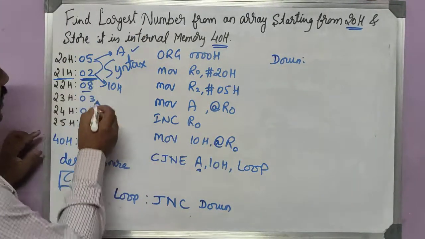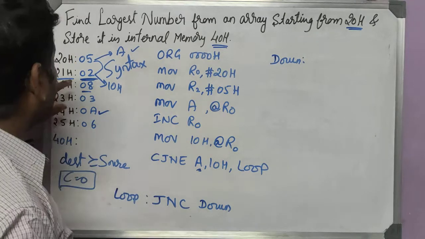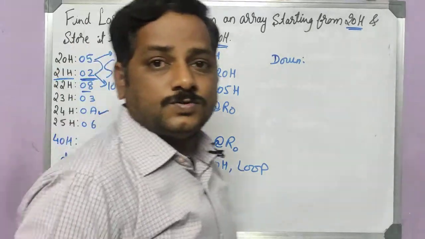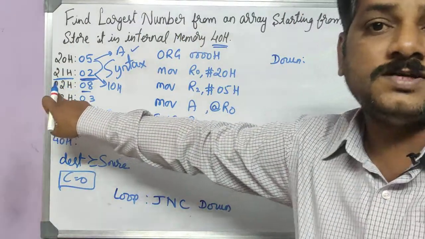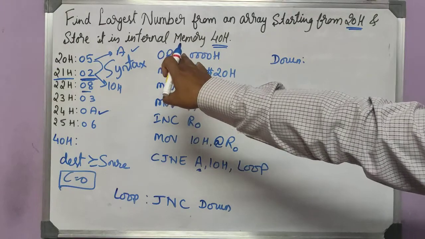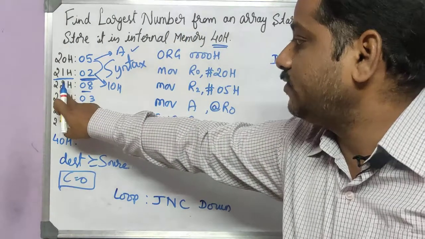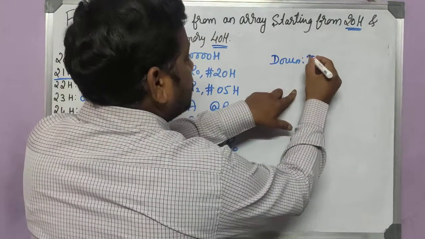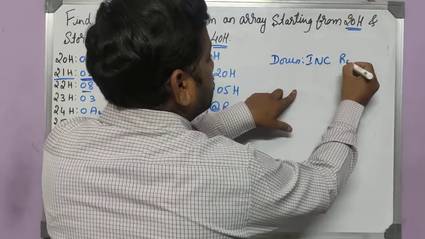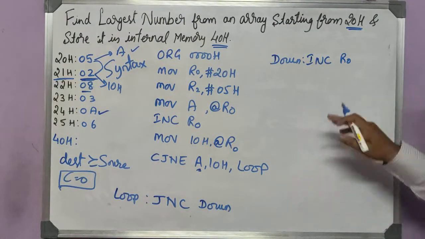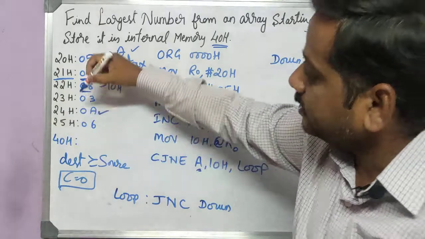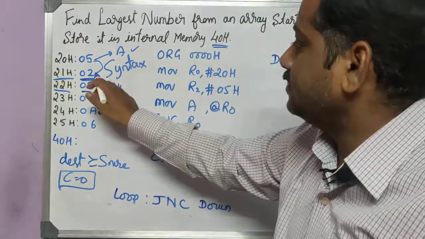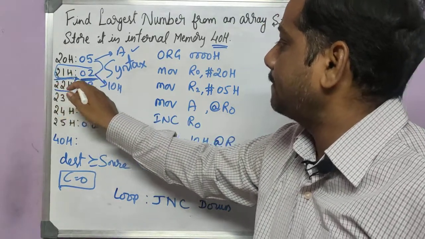And here I will forget this. Okay. And I will jump to this particular address. To do that, to jump to this particular address, 22, what can we do? We can just increment that particular register. Where do we store this? We store it in R0. So we will increment it: INC R0. Increment R0 means now R0 will be pointing towards 22H. So this is skipped.